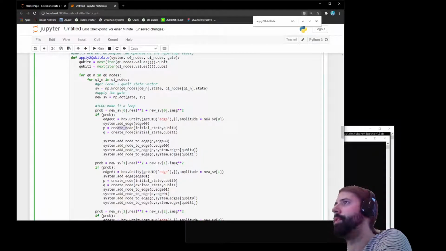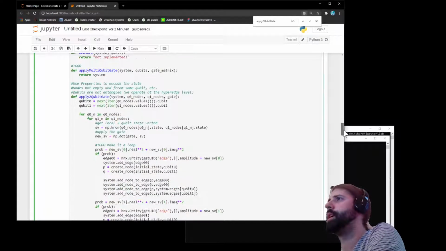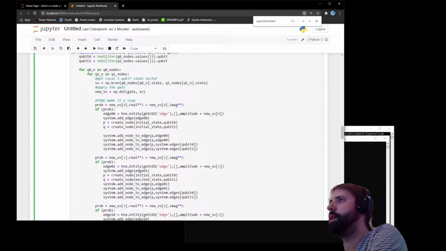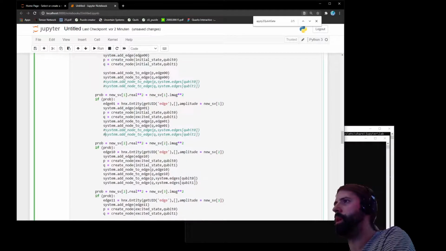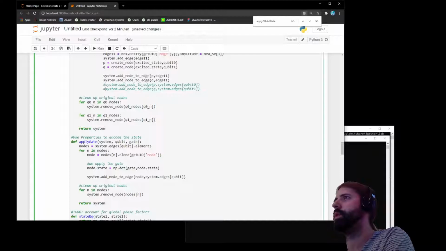I'm thinking literally to just get rid of the qubit edges. I think I'm gonna get rid of these. I think it just might simplify debugging. I don't want these, so it's gonna make the visualization easier. So I don't want to add things to remove node, clean up the original nodes. I don't know if this needs to be done, but like,